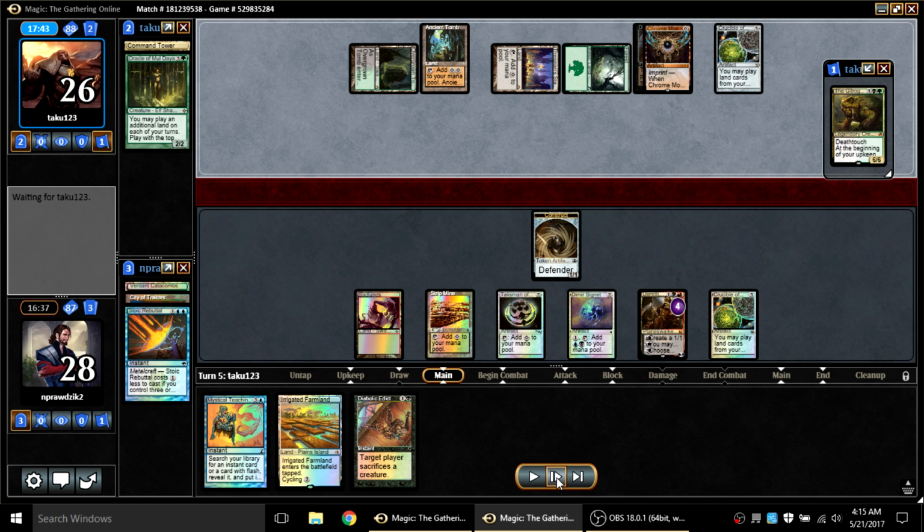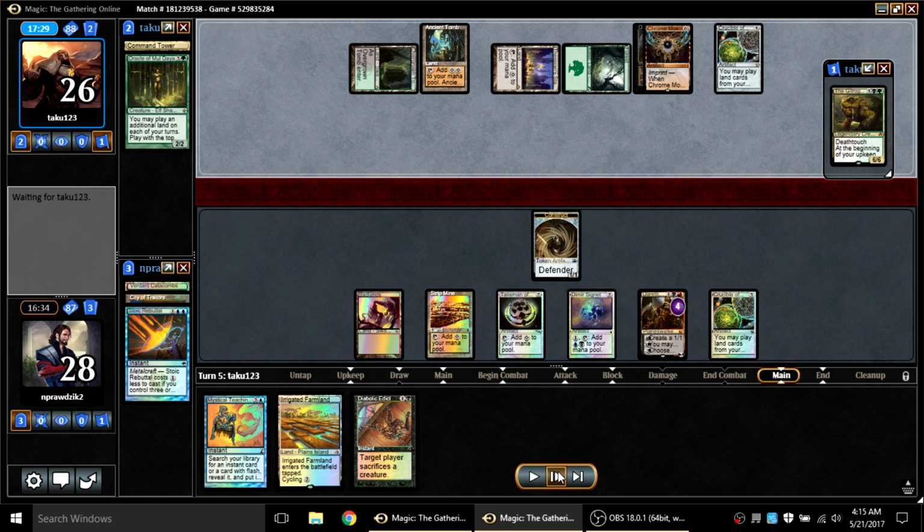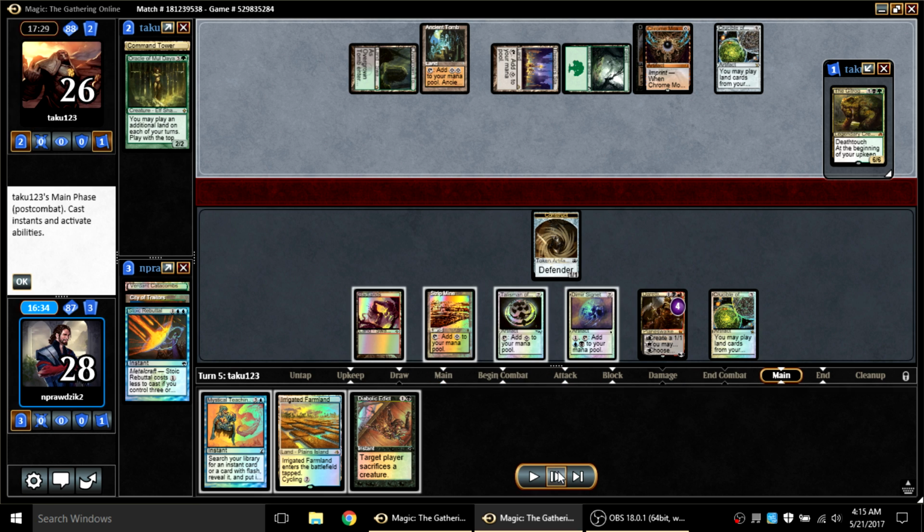Instead, he plays Crucible of Worlds. I can't Mystical Teachings for Force of Will because I don't have a blue card, so I'm just going to have to let him get his Ancient Tomb. And then he starts to tap, and I think, what the heck is he going to do here? It doesn't look good, but I think he didn't realize that the Chrome Mox doesn't make green. He was probably going to Sylvan Scrying, so